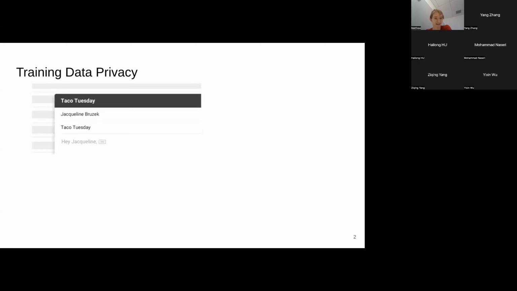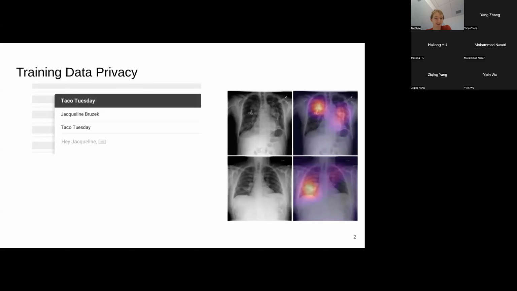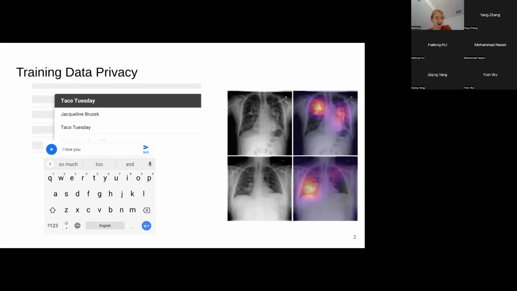And welcome everybody. Today I want to talk about a couple of fun things at the intersection between privacy attack performance and machine unlearning. To start off, we all know that models are being trained on private data these days, things like emails, medical images, text messages, and the like.